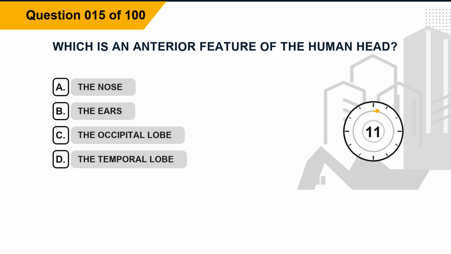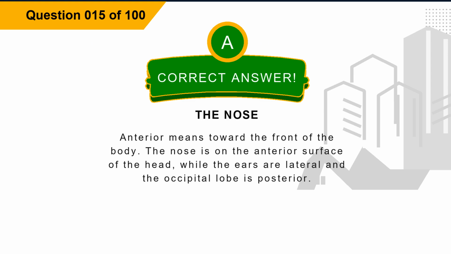Question 15. Which is an anterior feature of the human head? Option A, the nose. Option B, the ears. Option C, the occipital lobe. Option D, the temporal lobe. The correct answer is option A, the nose. Explanation. Anterior means toward the front of the body. The nose is on the anterior surface of the head, while the ears are lateral and the occipital lobe is